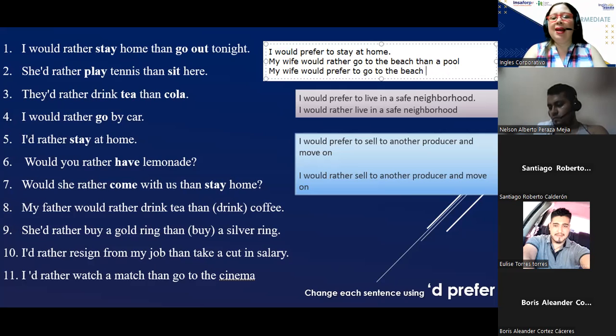Aquí ya no sería than. Aquí ya no sería than. Okay. Aquí ya sería otra vez to. ¿Ok? To. Pero también se puede hacer